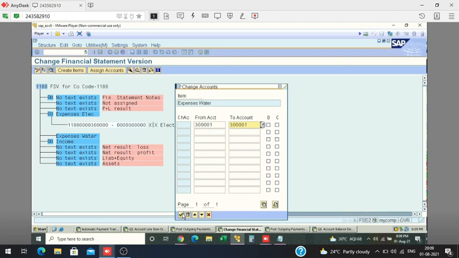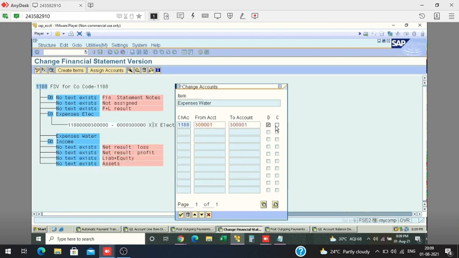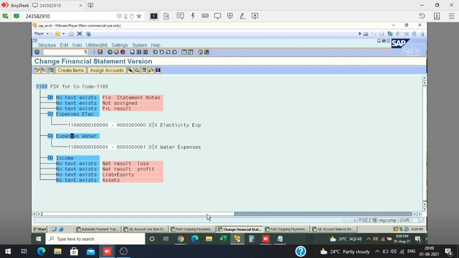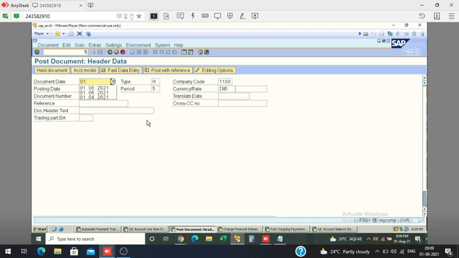So like this you can design your FSB. I'm putting one account entry in water expense. FSB means financial statement version.